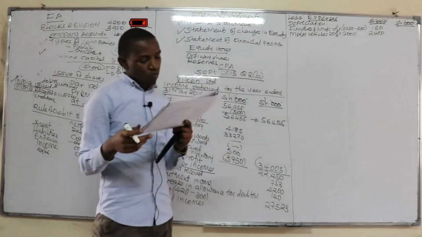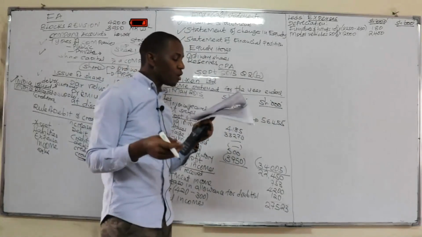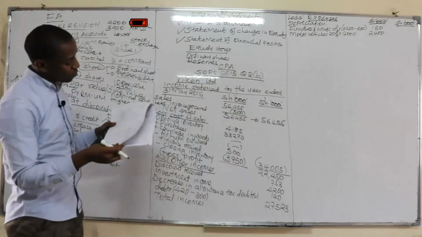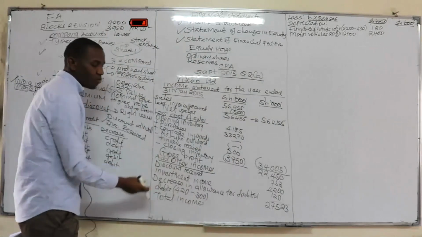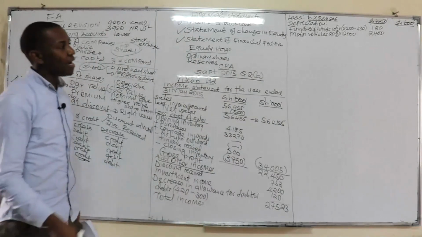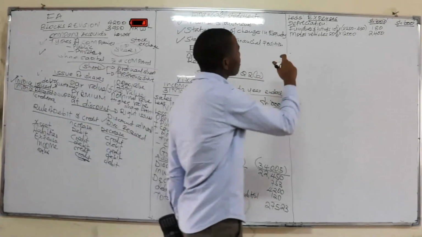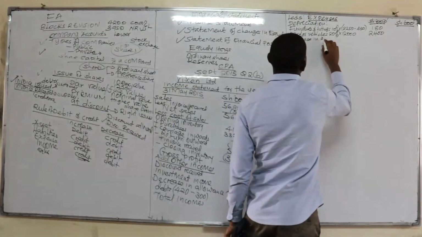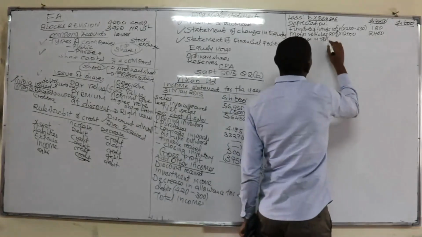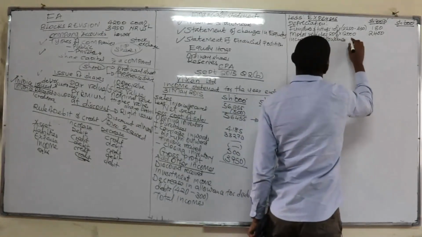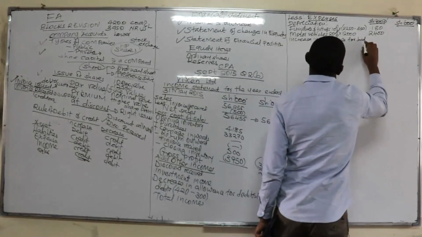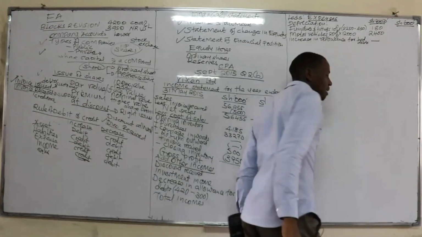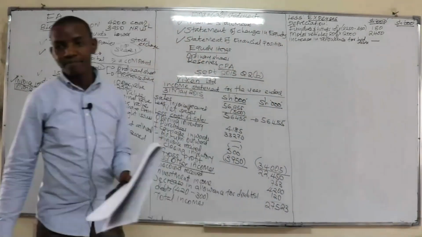Then we also have the allowance for doubtful debts. In this case, we've realized that the allowance for doubtful debts in additional information number 4 was a decrease. However, if it was an increase in allowance for doubtful debts, you will also have it where? Increase in allowance for bad debts, you will also take it there. That is where it's supposed to be. But in our case, it was not an increase.